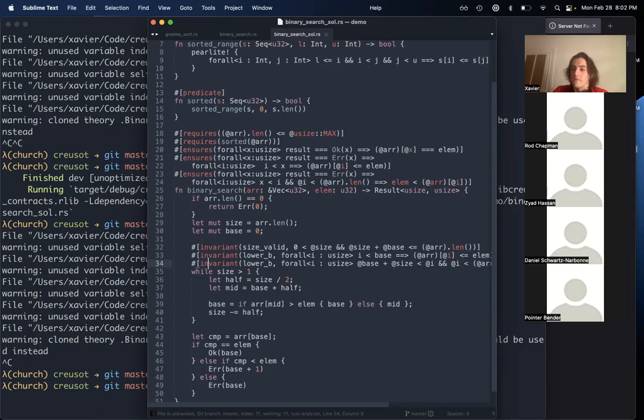Yeah. So then there was a follow-up about type invariants and whether or not they could be emulated using requires, ensures, and predicate annotations. They absolutely can.